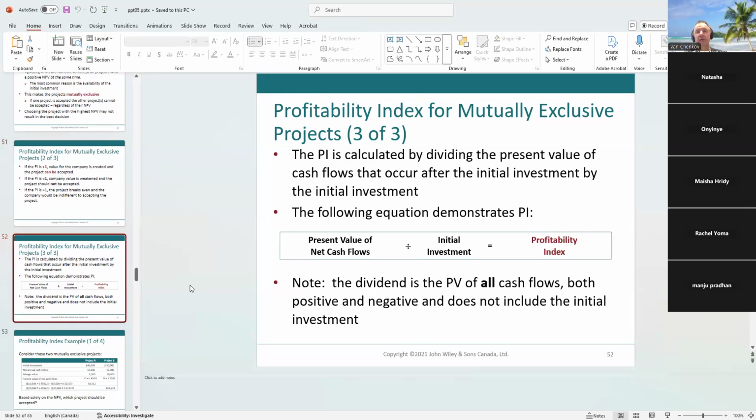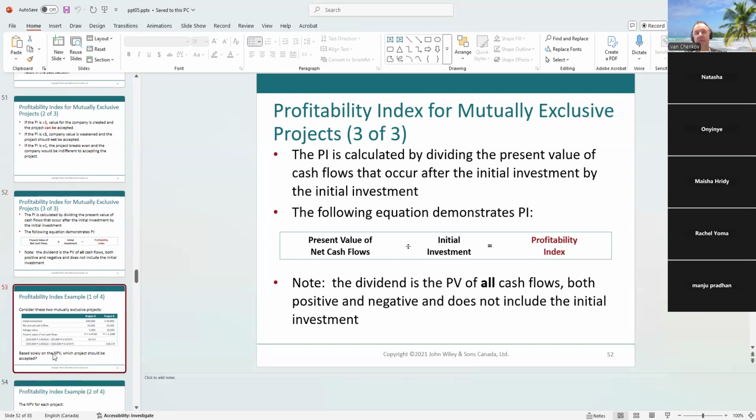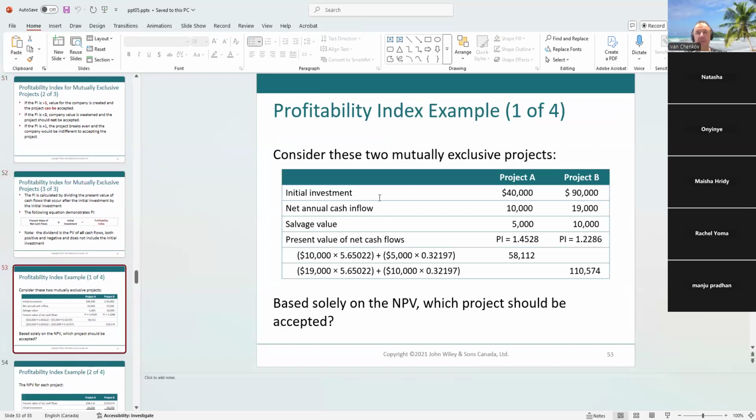Very simple. We're going to get the present value of the net cash flows, and we're going to divide it by the initial investment. And that's going to give us the profitability index. Again, present value of the net cash flow divided by the initial investment. This is our example here. Let's go to the